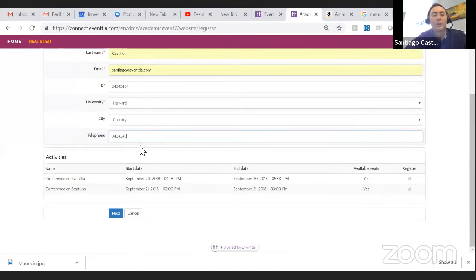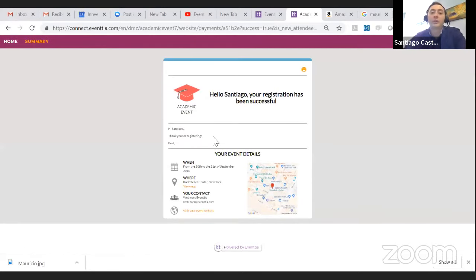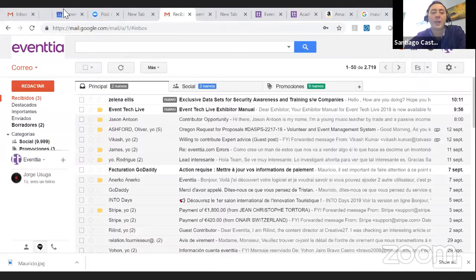Okay, I'm just going to leave this blank, and I'm going to register to these two events, and I'm going to click on next. So here, when I click on next, I will see my success registration message. Hello, Santiago, registration has been successful. Thank you for registering. And I'm going to receive in my email